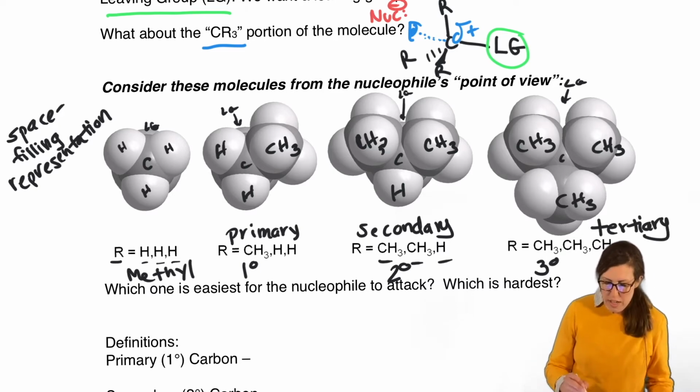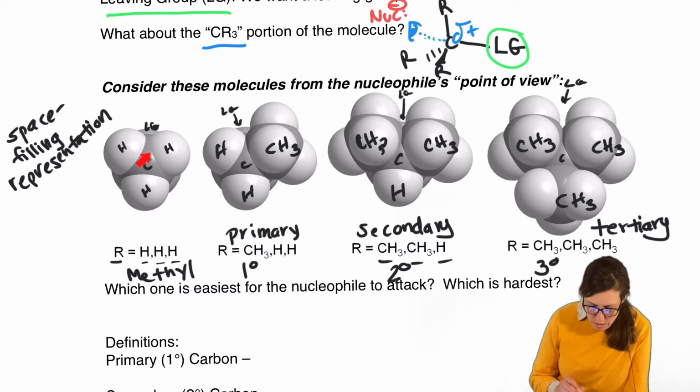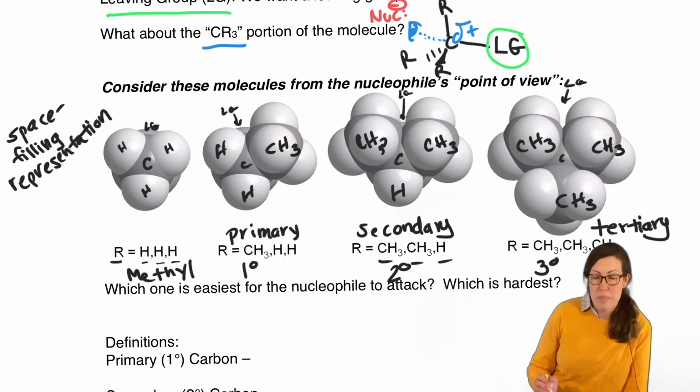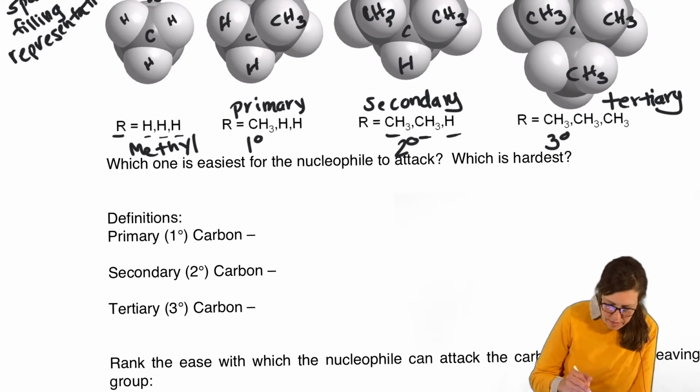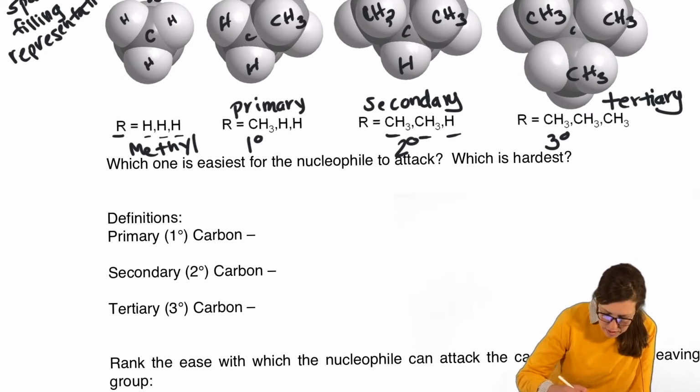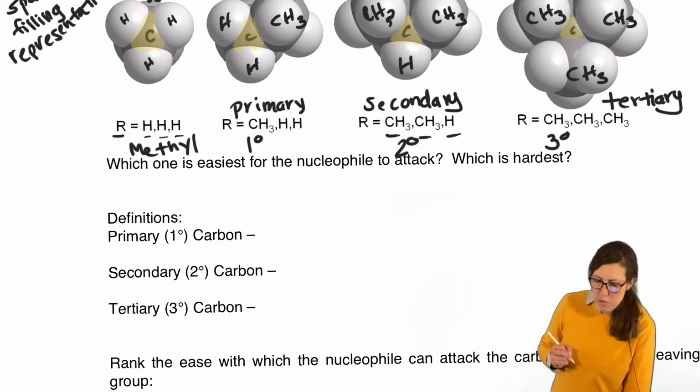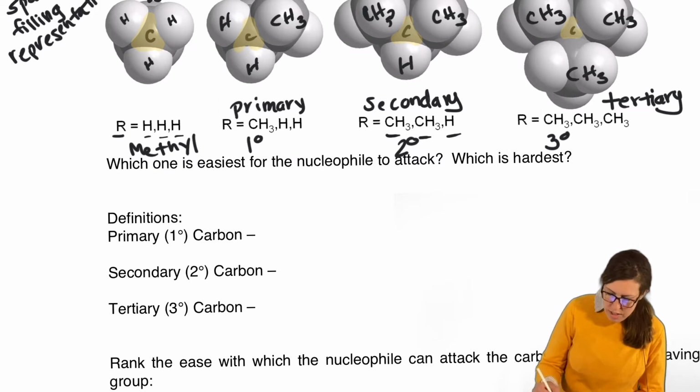Now, what I want to also point out is look where we are here. Which carbon is most crowded out? Clearly the one with three big R groups. So it's harder if I even highlight maybe what that space looks like. Let's do that in yellow. Here's the space available for the nucleophile to attack. And it gradually starts to shrink a little bit as we increase the substrate size. So notice how it's much smaller. So the tertiary was the hardest. And the methyl was clearly the easiest, right?